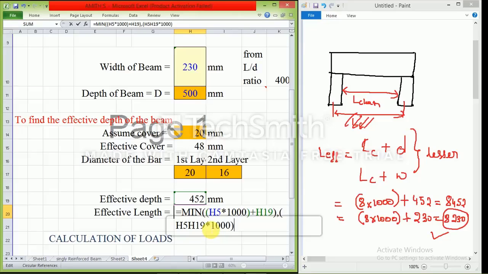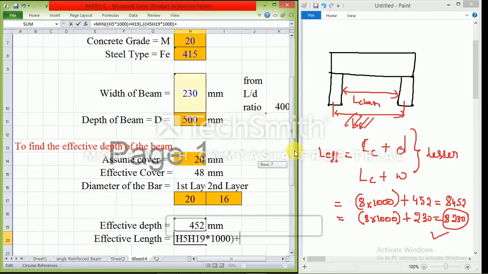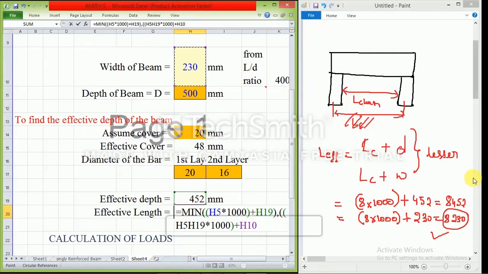Okay, I'll open one more bracket just for the safer side, plus, see, bracket everything is same as you are going to apply in your scientific calculator. Use maximum brackets. Next, what is this? This is 230, that is width of the column, right? Sorry, width of the beam. What is the width of the beam? That is 230. I'm just closing the bracket.